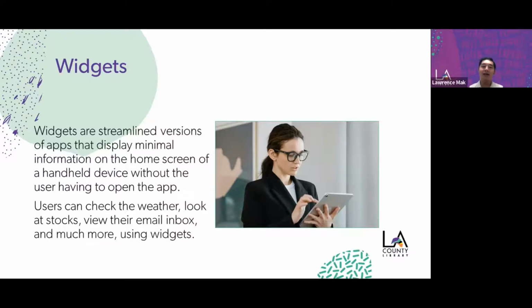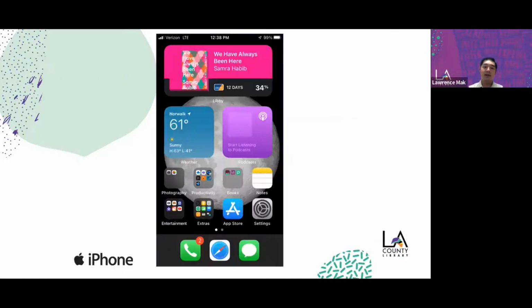So it lets you get information at a glance from some of your apps. For example, users can check the weather, look at stocks, view their email inbox, and much more using only widgets. So what do widgets look like? All right, so here is a typical iPhone